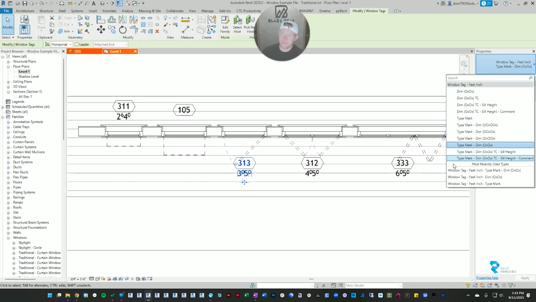Okay, so you want to pick that first portion first. Then after that, if it's one that shows the dimensions, it's telling you the format in which it's showing the dimensions. So it's just trying to tell you placeholder. This is a little bit hard to read, but bear with me. I had to do this because Revit will not allow me to do it any other way. So it's kind of a clunky workaround, but basically it's saying we're going to show the dimensions of the window,